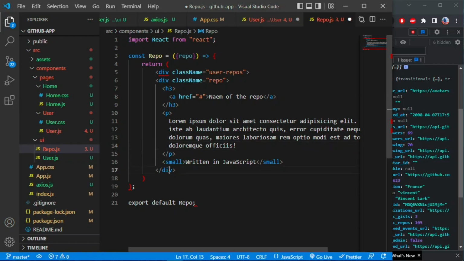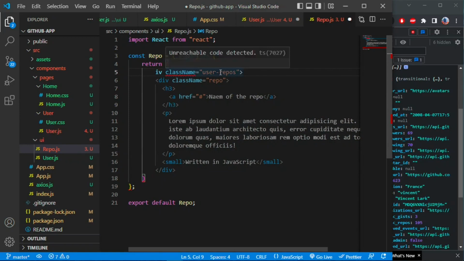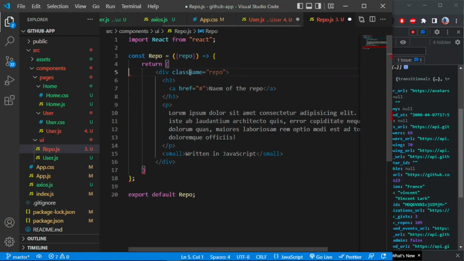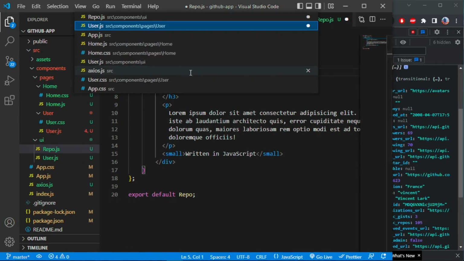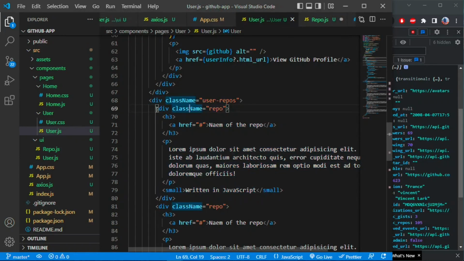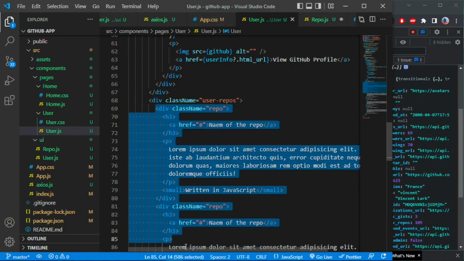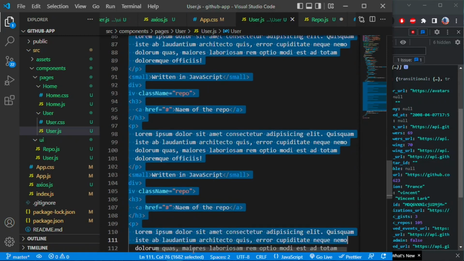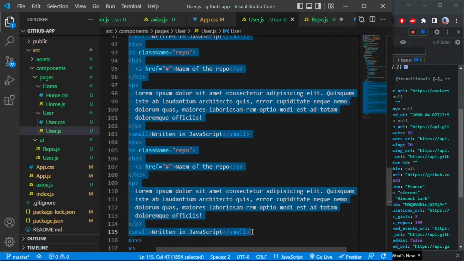Oh no, what is the problem now? Oh no, I don't need this. No, let me paste this and remove this one. So it means in here we grab the stuff that we don't need. So let's remove all the repos here, just like we did with the users, right? Because we no longer need this mock data. Let's remove it,